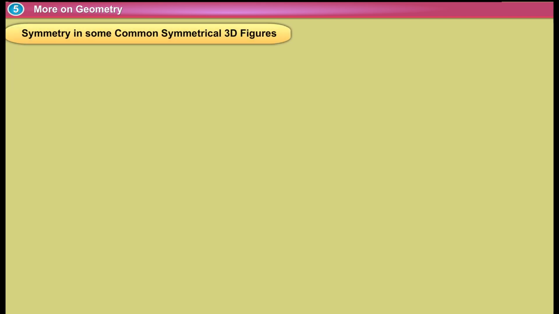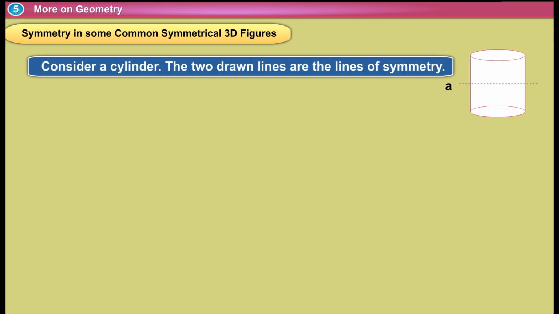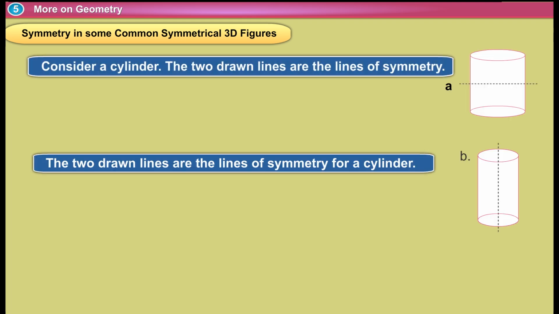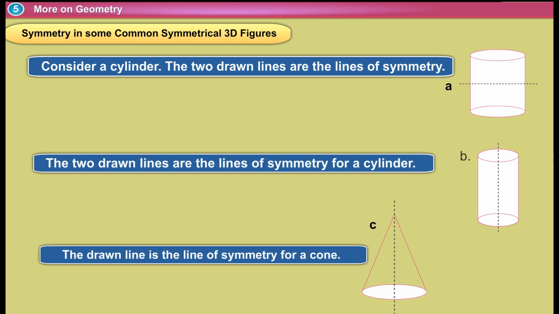Symmetry in some common symmetrical 3D figures. Consider a cylinder. The two drawn lines are the lines of symmetry for a cylinder. The drawn line is the line of symmetry for